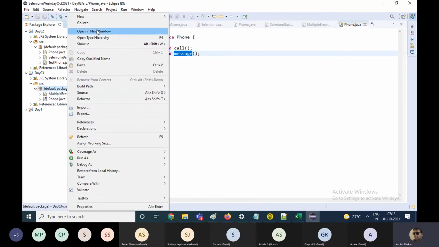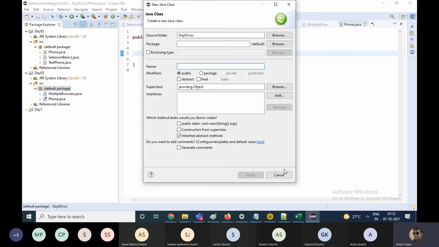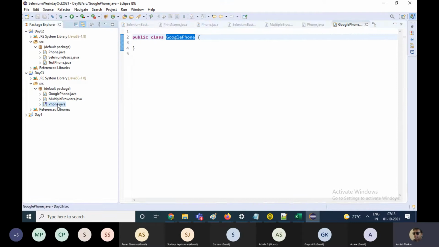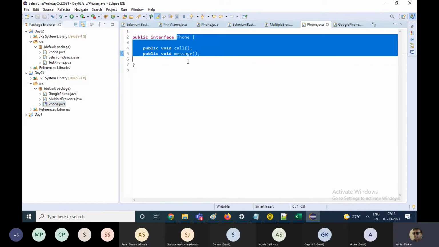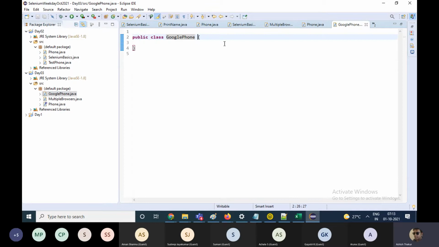And suppose I have another class named, say, Google phone. This Google phone is a phone basically, and it has to acquire all the features of the phone. So in Java, we write this class implements the phone interface.